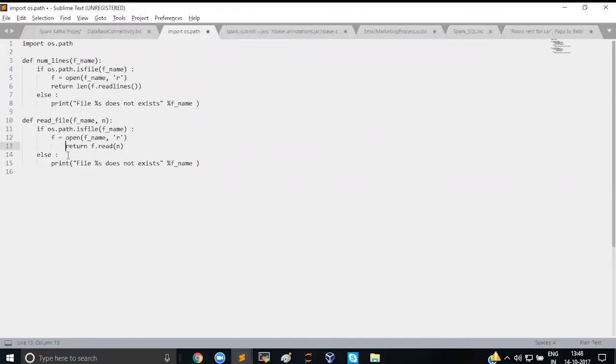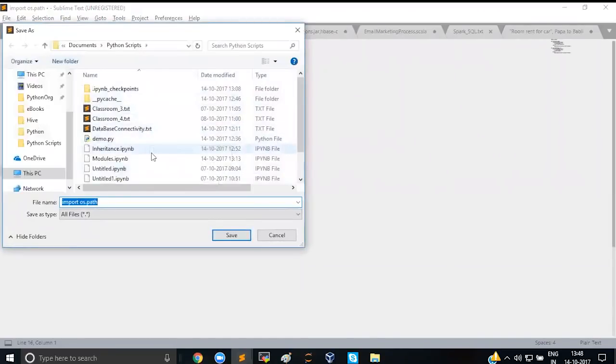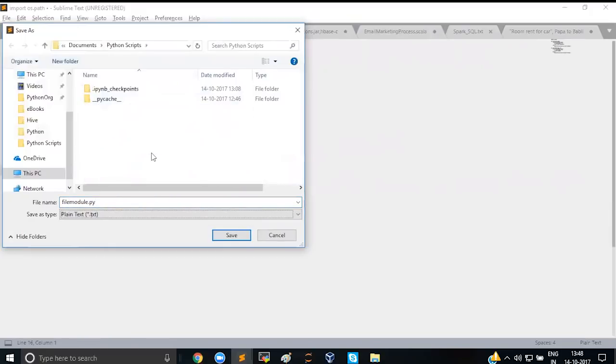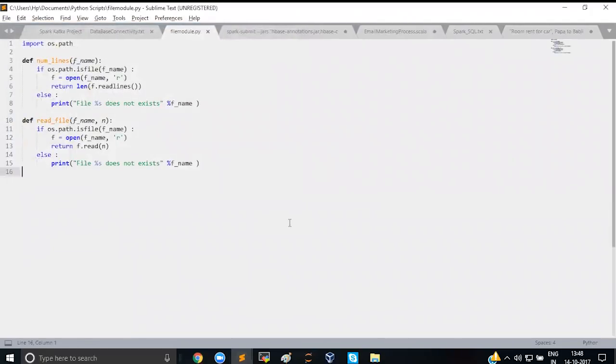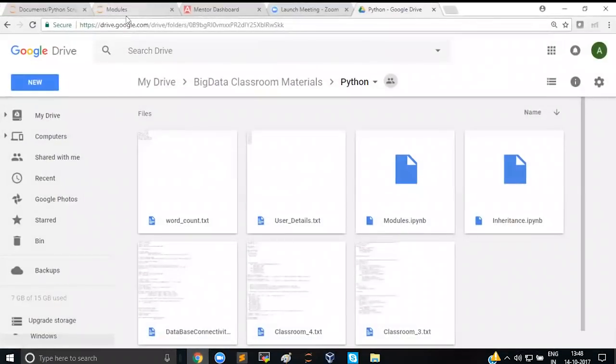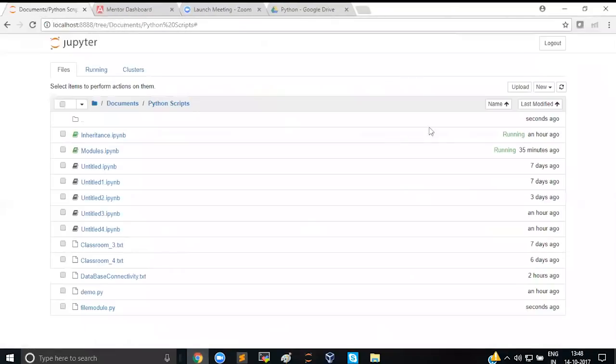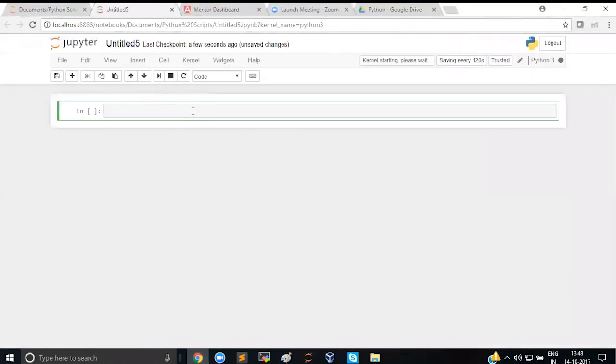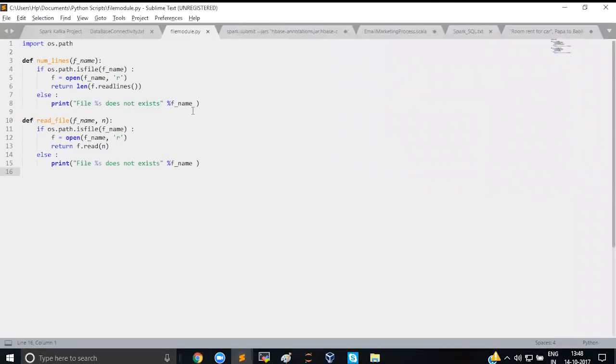Okay, so what I'll do is I will save this as a module, and I will save it inside my current working directory. I can say file module dot py, and let me save it as a Python file. Okay, so let's start to work on this. I will create this, and then I can say import file module,